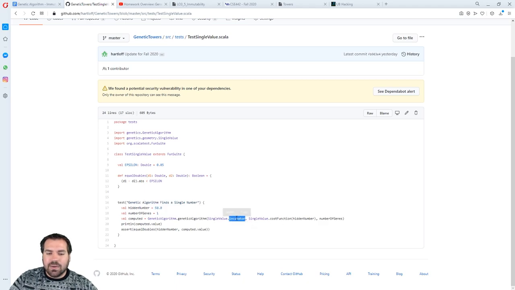So we get the incubator method. We get the cost function for that specific hidden value. So this returns a function that takes a single value object and returns a double based on how far away it is from the hidden number, and then the number of genes, which is 1 in this case. Call your genetic algorithm on those values,